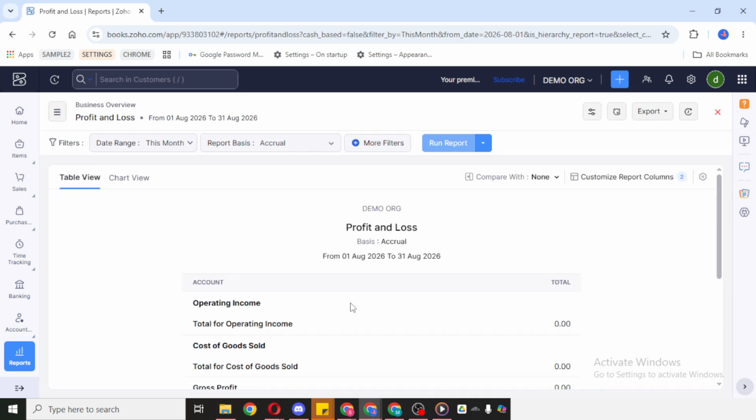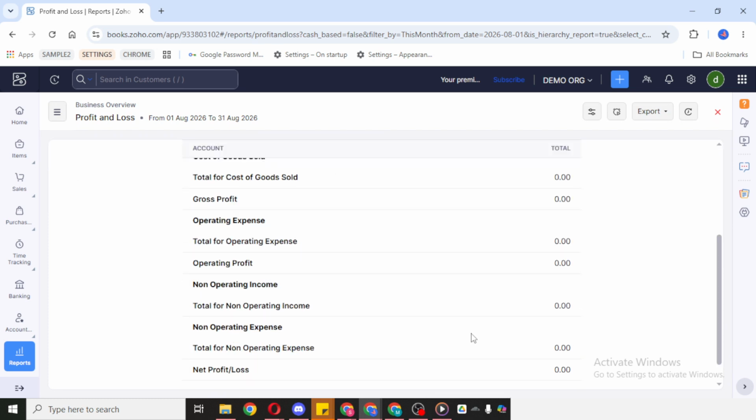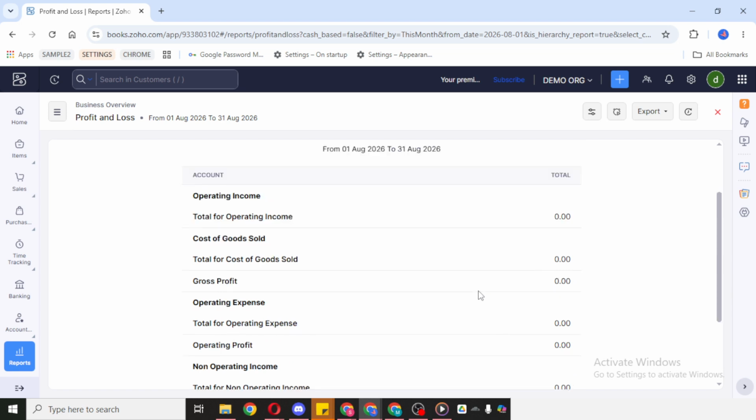Once the report is on screen, you can adjust specific parameters to customize the information you want to see. For example, you may want to change the reporting period so you can review this month, last quarter, or a full financial year. Depending on your setup, you may also be able to refine how the data is displayed, so the report is more useful for your review, internal tracking, or sharing with your accountant or team. This customization step is important because the value of the report depends on the time frame and details you choose.